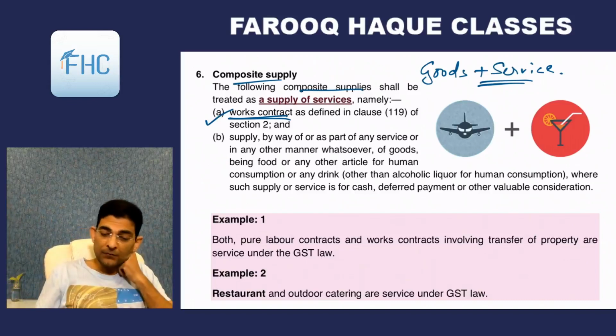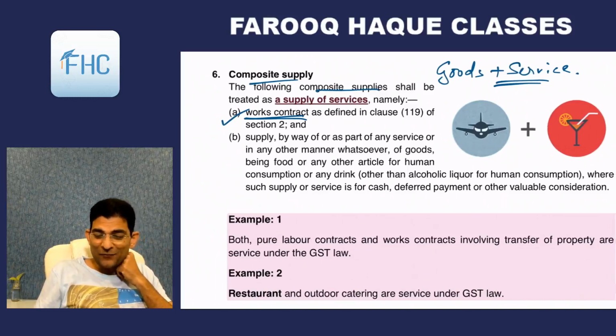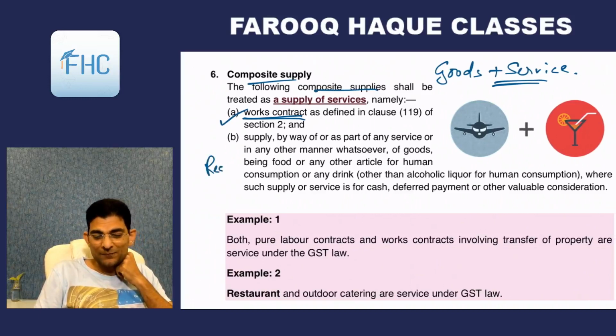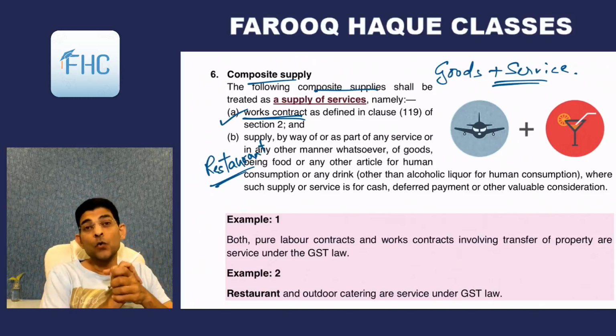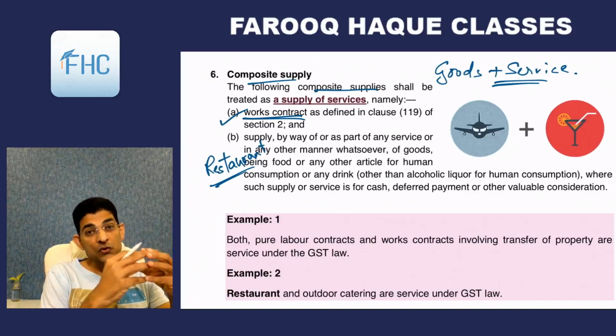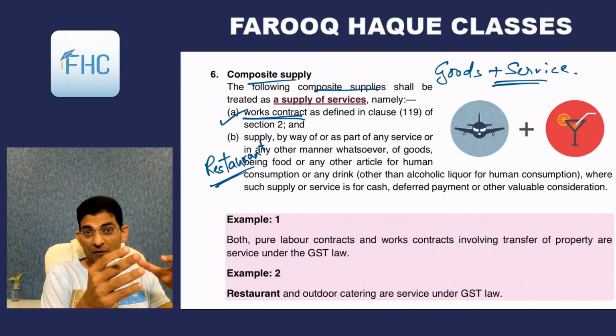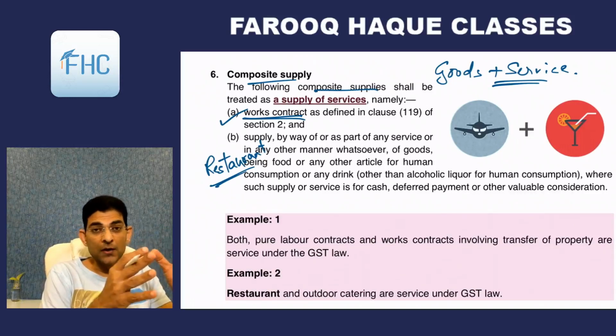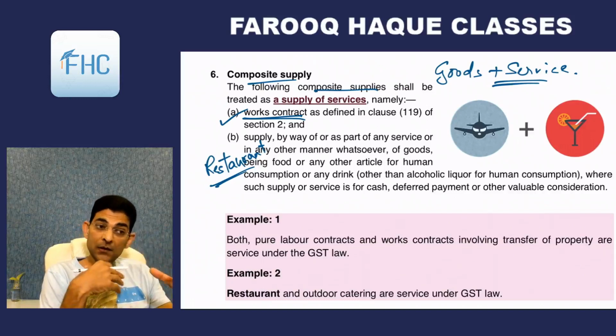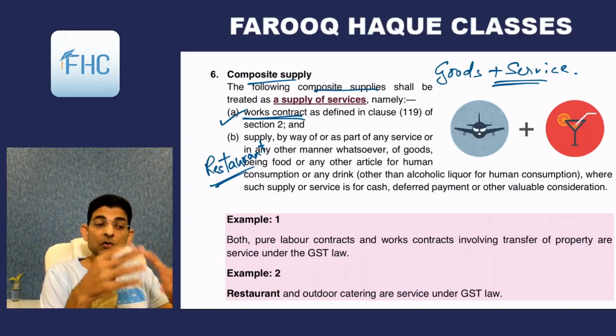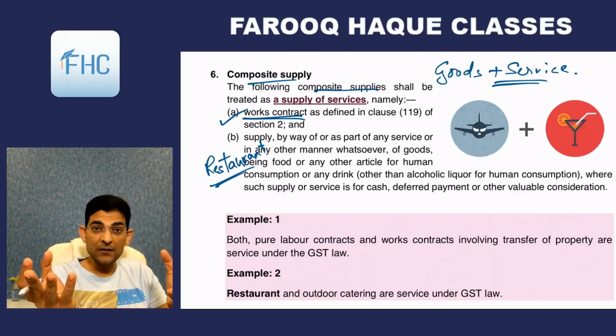And secondly, supply by way of, interesting, write down there, then you don't have to read, restaurants. In a restaurant, what happens is that they cook food. Food is again goods, so they bring a lot of goods which can be veg, non-veg, etc., and tinned food and all. That is goods. Then they pour it into a container, cook something out of it, and serve it to the client, the customer who is sitting at the table.